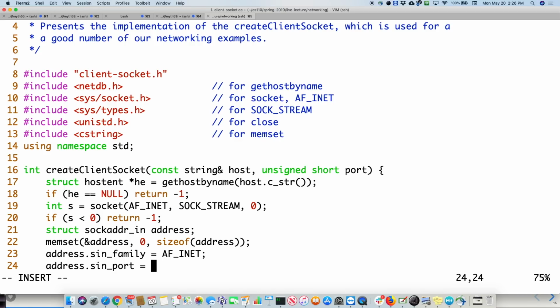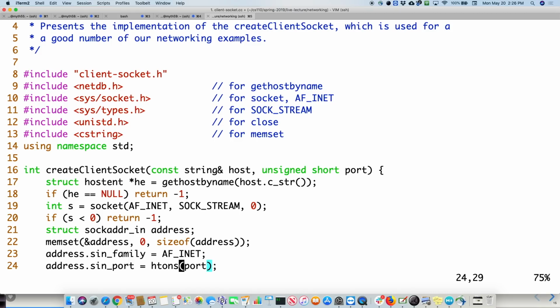When we set up the socket, we have to make sure that it's correct for the network order. I'm not even sure why they couldn't just make the connect call do this, but you need to say htons(port). That stands for, let's see, host to network short.